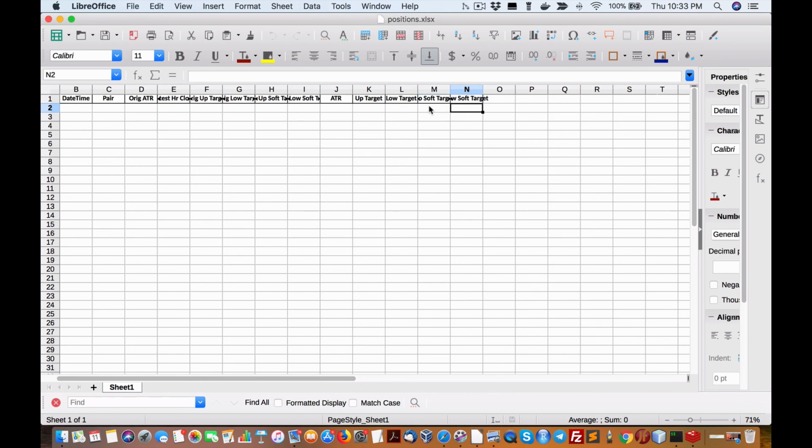We also have the new up, or take profit, on a soft target as well, and the low target from a soft point of view. So it's pretty well laid out. You will find these numbers across the spreadsheets, and that's what they all refer to. So hopefully I've helped give you an idea of how these spreadsheets work when you come across them. And again, their names are